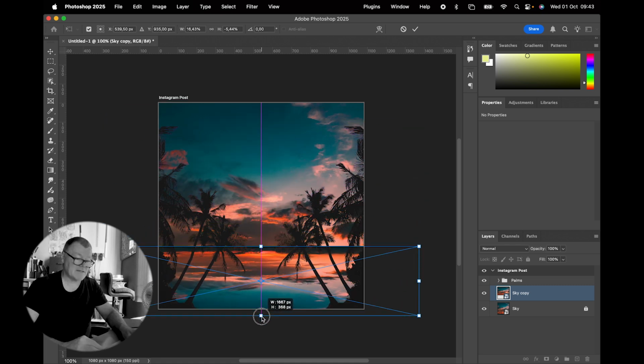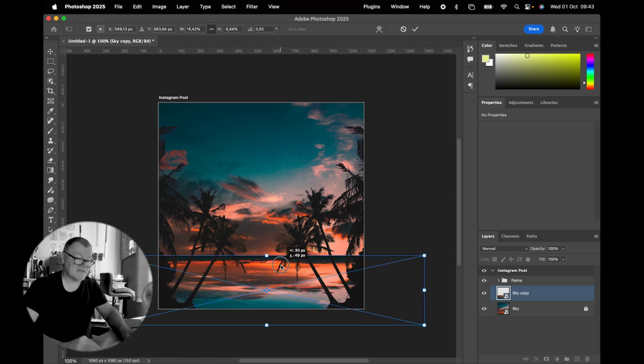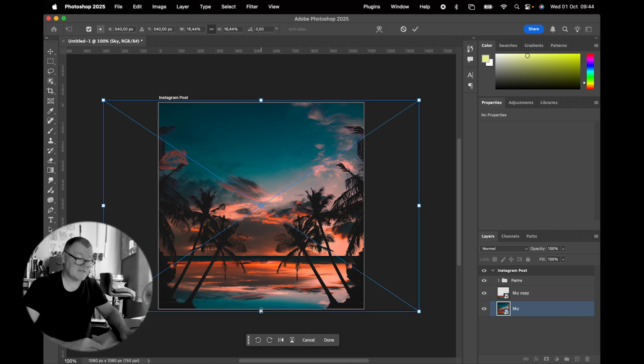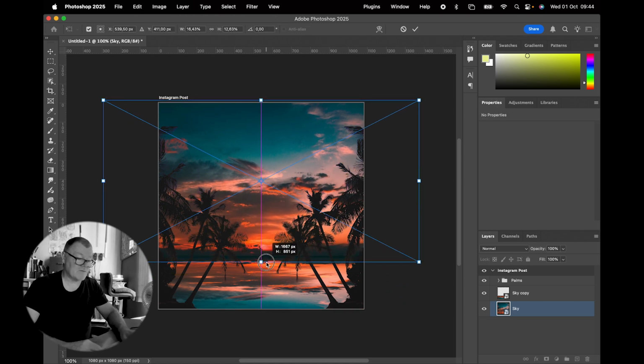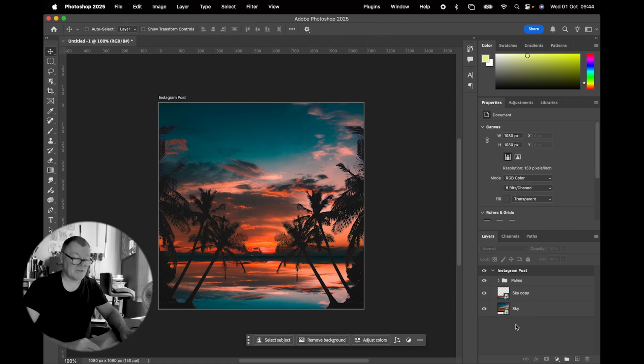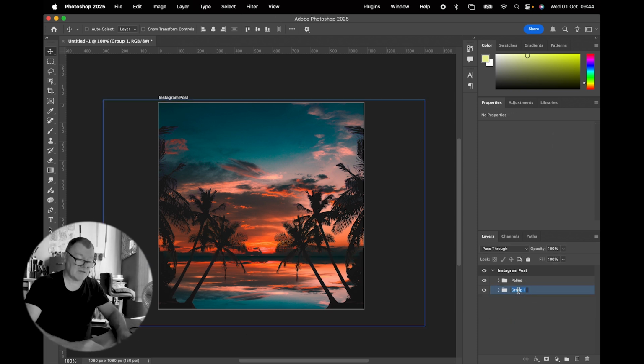So I'm creating this kind of reflection. Let me just get it to a good place. Let's say about there. Okay, and then I'm going to press enter. I'm going to take the original sky layer, unlock it, Control or Command T, hold down Shift and move that up so that I'm getting that kind of reflection. Okay, and I'm going to select Sky Copy and Sky, press Control or Command G, and I'm just going to call that Sunset